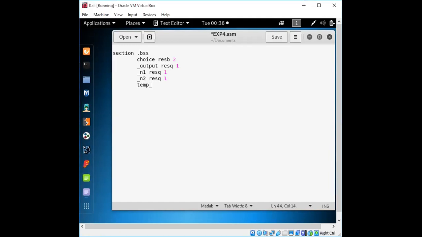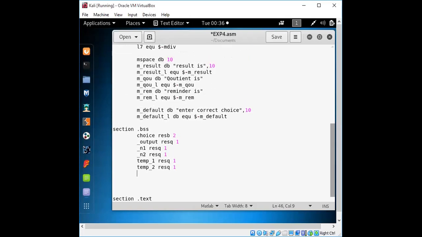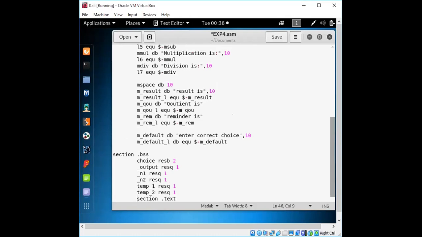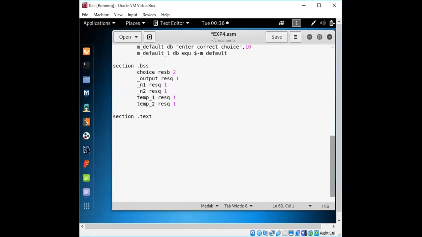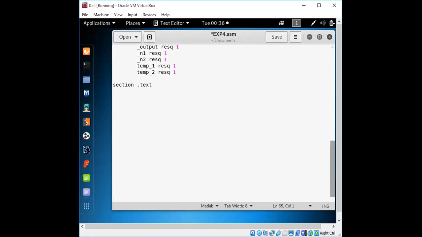We'll require temporary variables also to get the size, so for intermediate input we'll take that also, for storing the temporary result. That will be sufficient for this. As the macro part, we have mentioned it above, so it will only have this BSS part. Those are the required variables which you can use with the reserve space, which can be used further in the program.